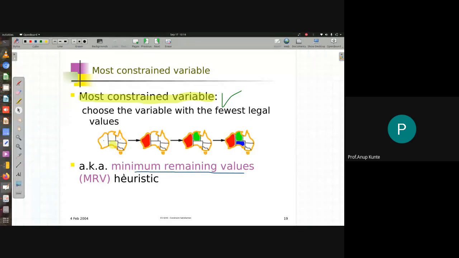the name of the heuristic is minimum remaining values. So I would observe which variable amongst the unassigned variables has the least number of domain values available to replace with. What will this do is, this will restrict my branching factor a lot. So I will be navigating to a region of state space which has smaller and smaller branching factor as I go along in the state space search. This is what this particular heuristic is going to provide me.